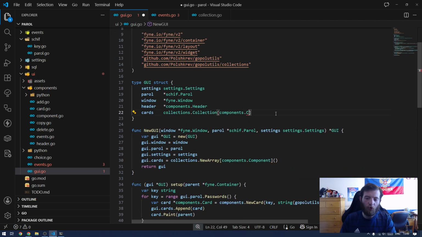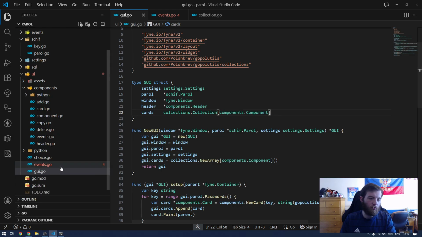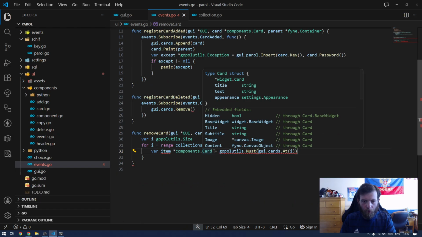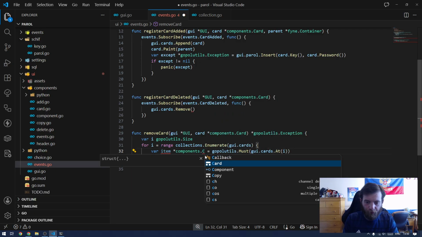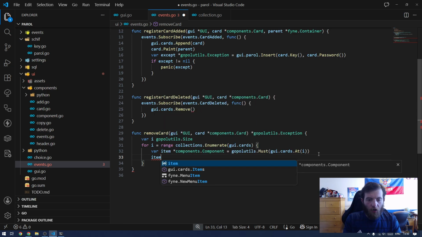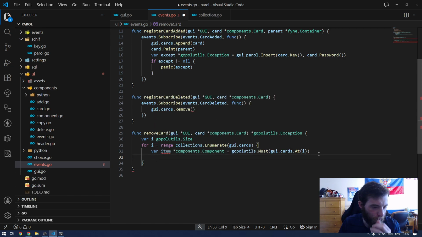No, yeah, I think components is fine. Yeah. And then we'll say component. That's fine. And then we'll say item. Right, so if item does not equal card, right, and then we'll say, or, right, if